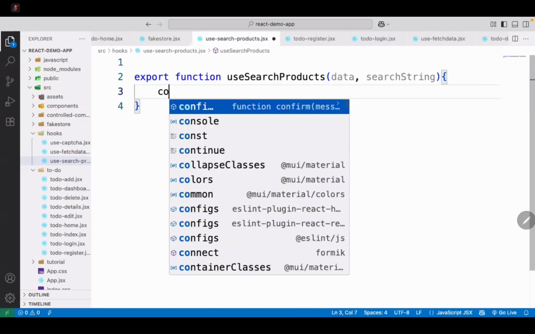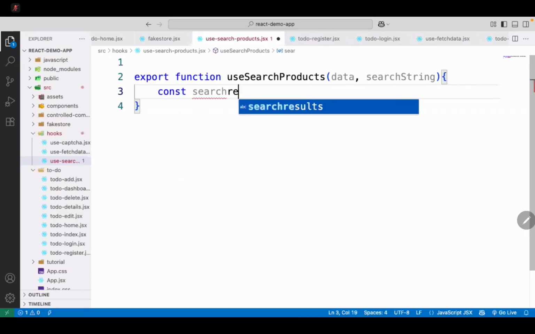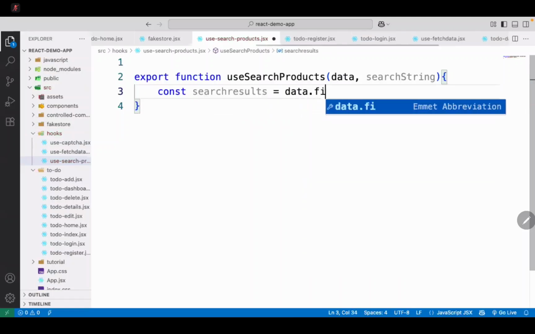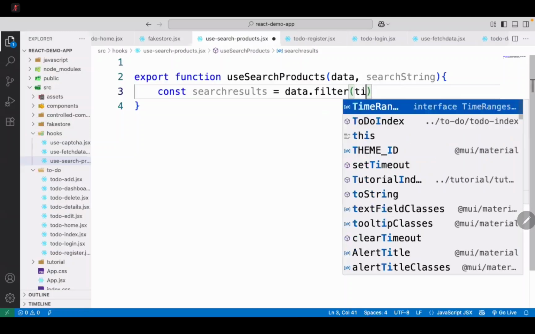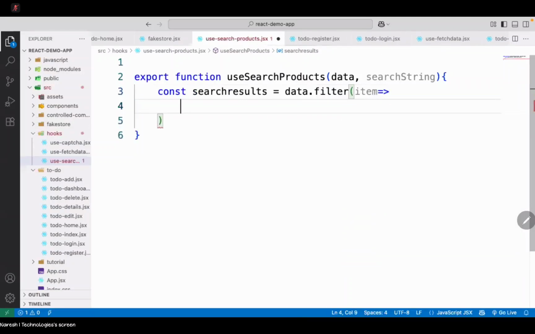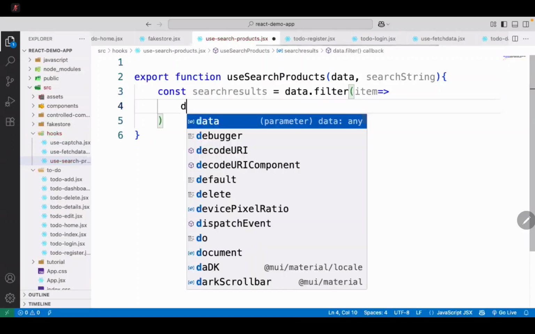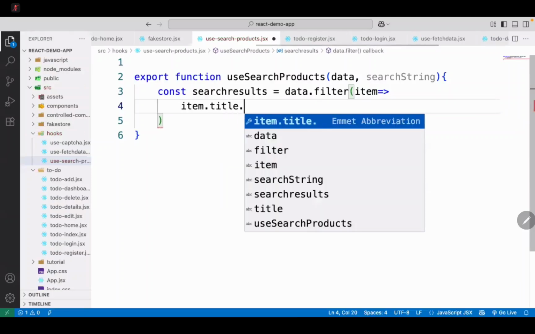What we have to do, we have a constant. So we will have some constant. Fine. We have search results. Search results is equal to, in data, we need to filter. And we read product, or we can read here every item. For every item, we need to return. So what is the condition? If item.title